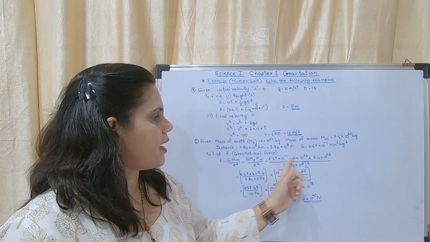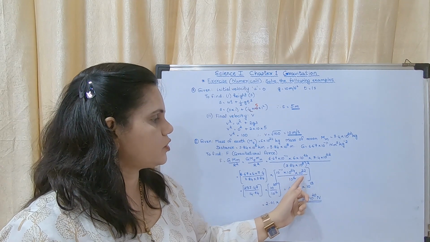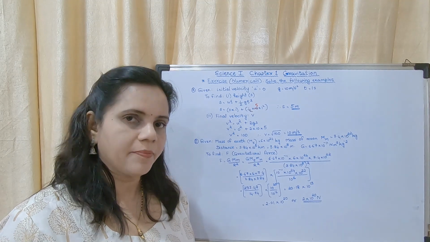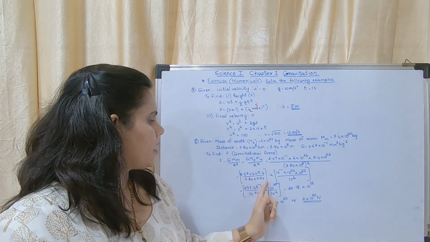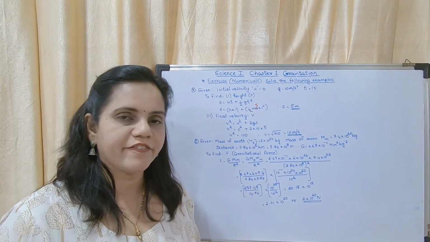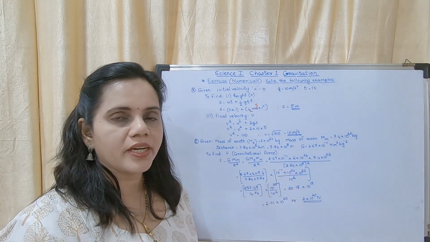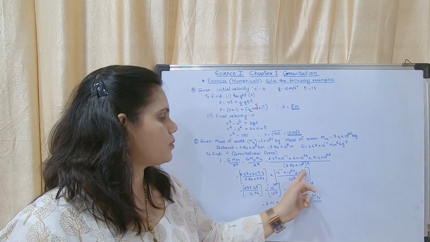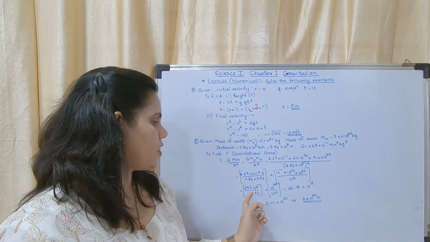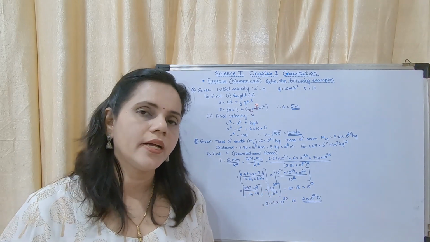Now into the powers separate, I have taken 10 raised to minus 11 into 10 raised to 24 into 10 raised to 22 upon 10 raised to 8 into 2, that is 16. Okay. Now this calculation you will get as 297.48 upon 14.74. You may calculate and see. And in this calculation, minus 11 plus 24, that will be 13. 13 plus 22, that will give you 35, minus 16, giving 10 raised to 19. That answer, when you calculate this and this, you are getting as 20.18 into 10 raised to 19.